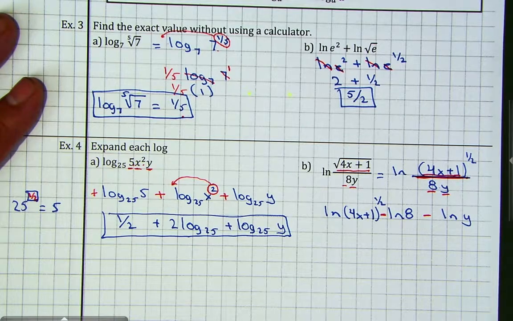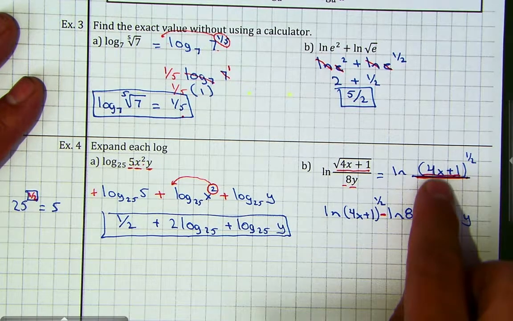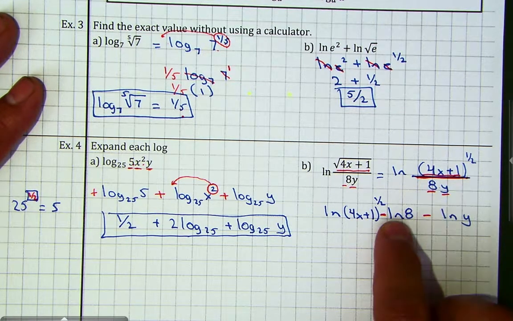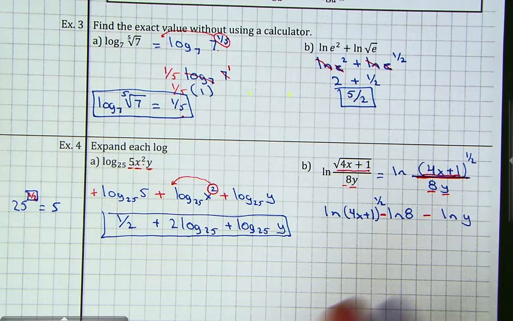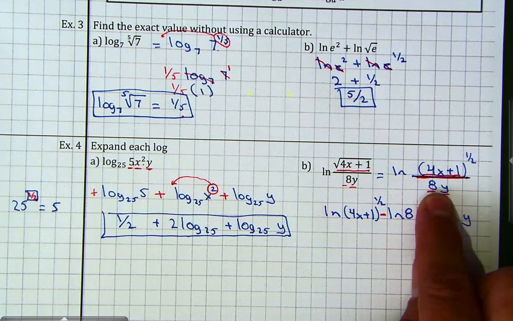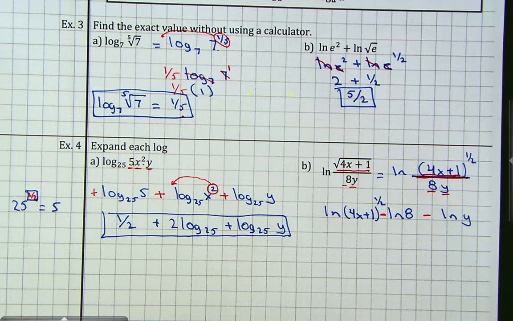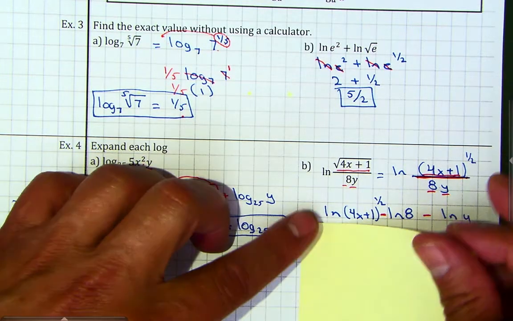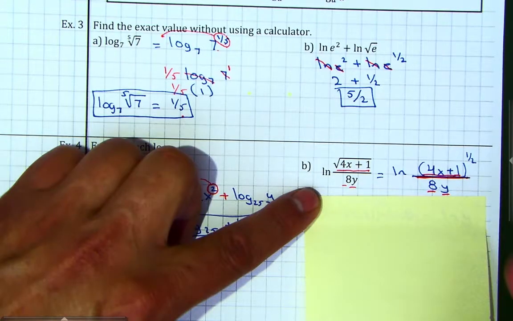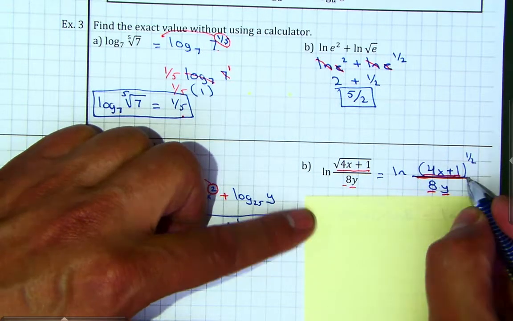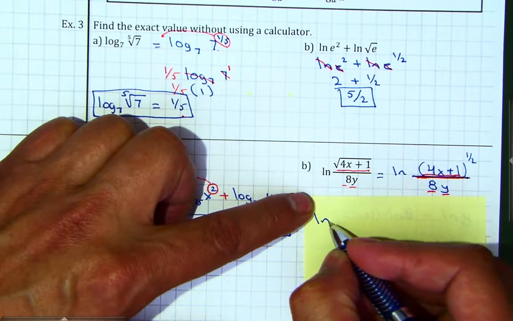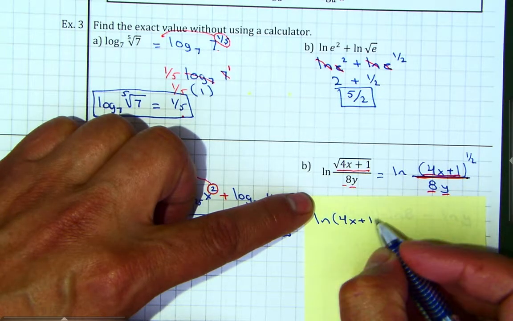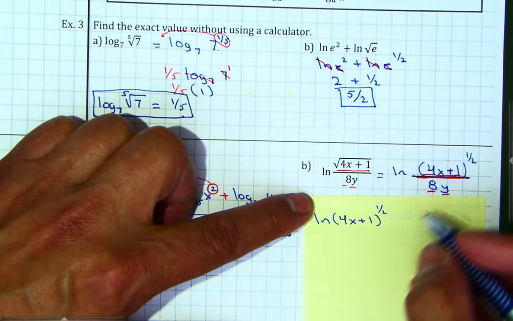So one of the things that you have to be careful is that if they both are on the denominator, they both get minus. And I know at this point you're saying, hold on, those two are multiplying. Well, we can actually take the time and go through the process and do it in 2 steps. So let's do it in 2 steps instead of 1. So if I do it in 2 steps, okay, that's dividing. So therefore, it will be ln of 4x plus 1 to the 1/2, then minus